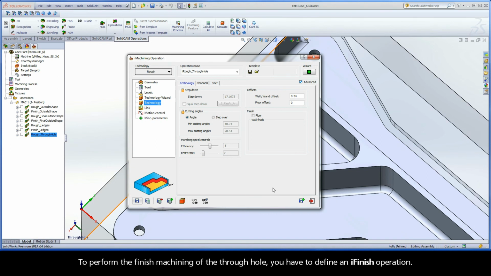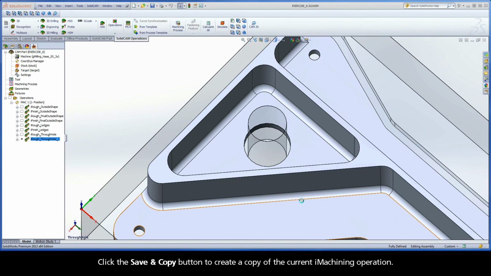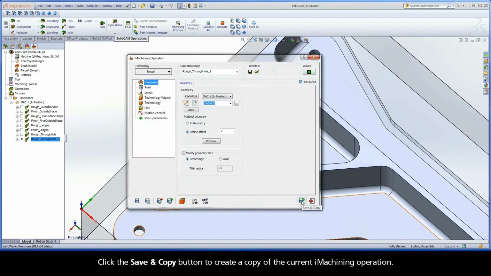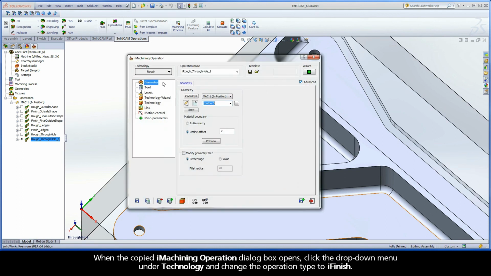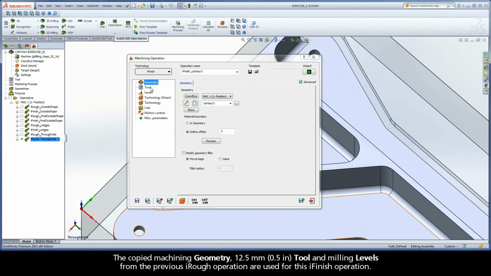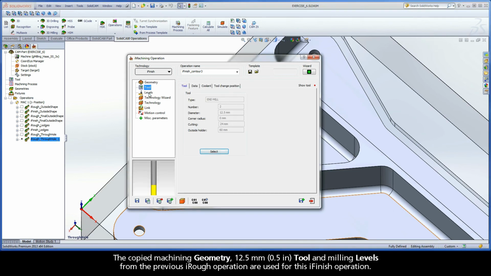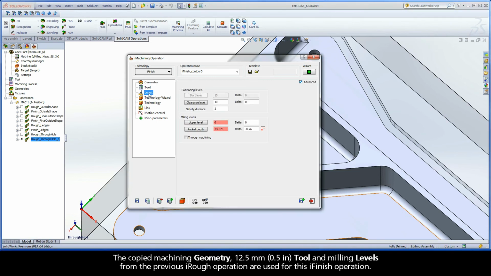To perform the finish machining of the through hole, you have to define an iFinish operation. Click the Save and Copy button to create a copy of the current iMachining operation. When the copied iMachining operation dialog box opens, click the drop-down menu under Technology and change the operation type to iFinish. The copied machining geometry, 12.5 mm tool, and milling levels from the previous iRough operation are used for this